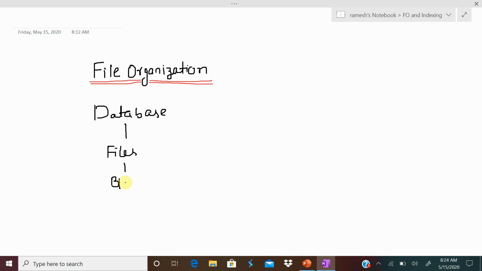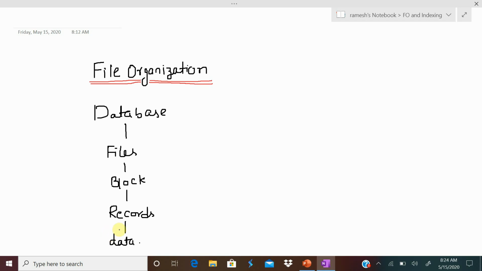In an operating system we call them pages; in a database system I am calling them blocks, memory blocks. Each block consists of a collection of records, and each record is a collection of data, which means it is a hierarchy of data in the database system.